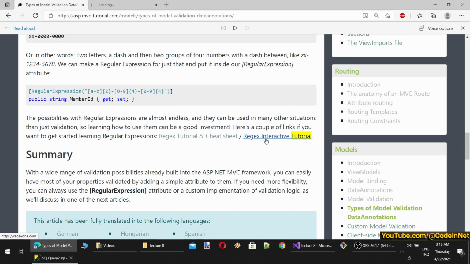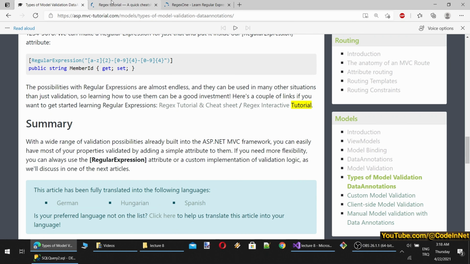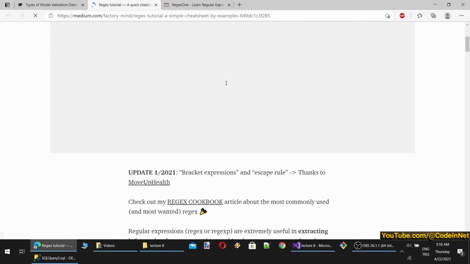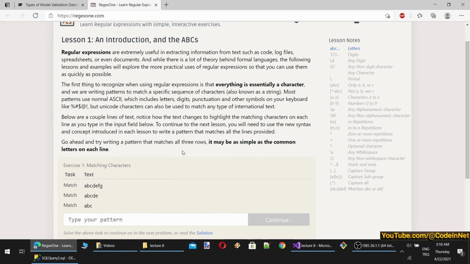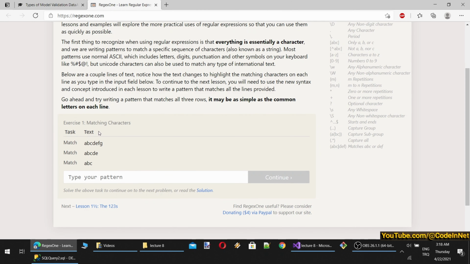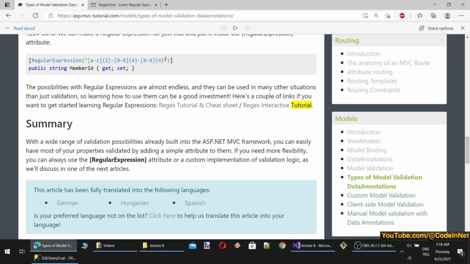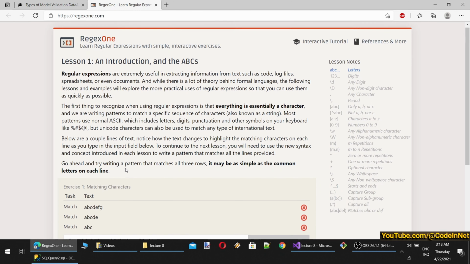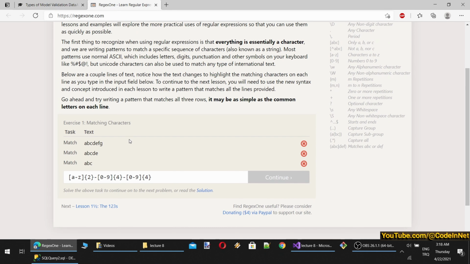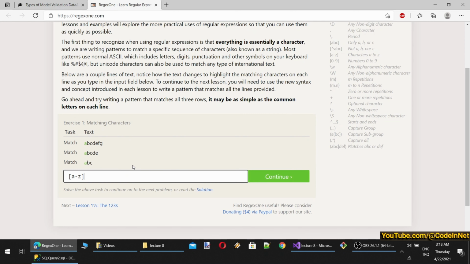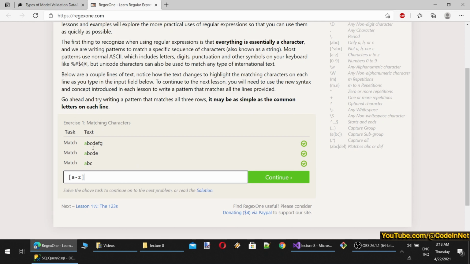So when we open these pages, I think we will see them. Okay, there is a tutorial here, and there is another one. You can type your pattern. For example, let's type our pattern. Okay, and here we have to type a pattern that will match these. So maybe like this. Yeah, it is matching all. Usually it is matching all three characters, and when we make it four, this one fails. Like this you can do it.